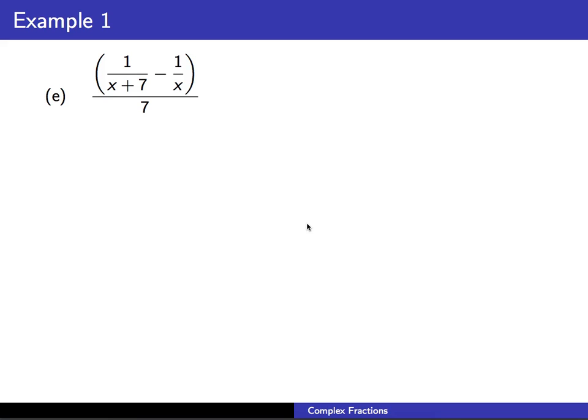All right, part E, we have 1 over x plus 7 and then minus 1 over x, and that whole thing is all over 7. So here we have an x plus 7 in the denominator and an x. So these are two completely separate denominators here, which means our least common denominator is just the product of x and x plus 7. So we're going to multiply all 3 terms, the 2 in the big numerator and this 7 in the big denominator,